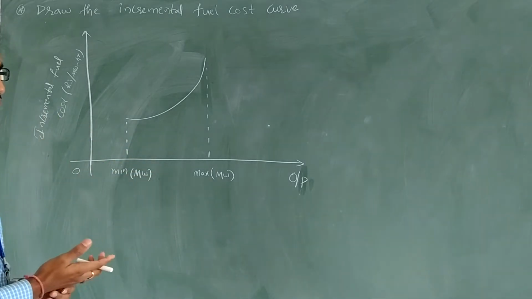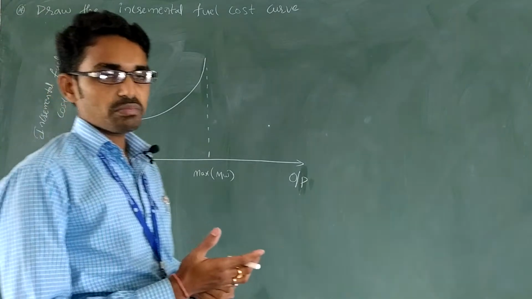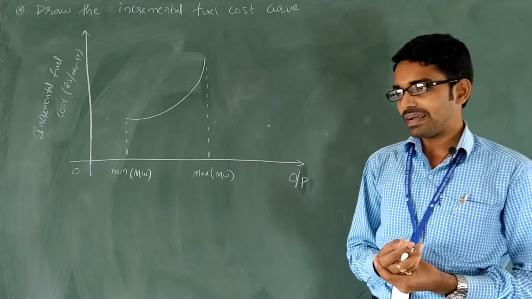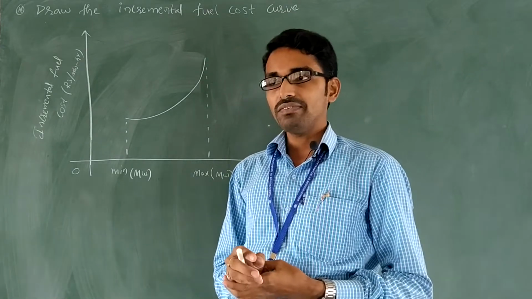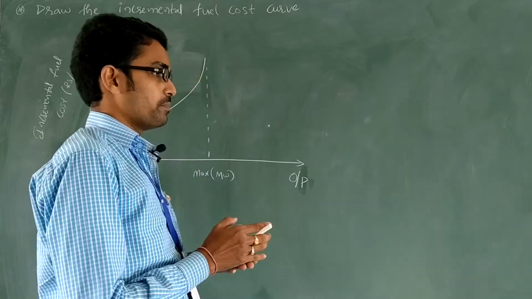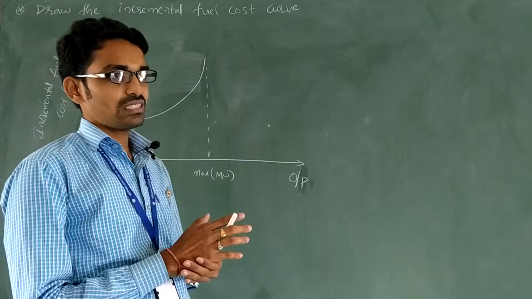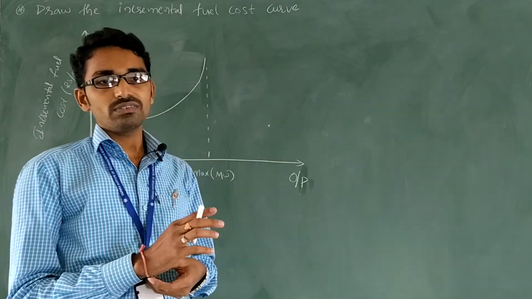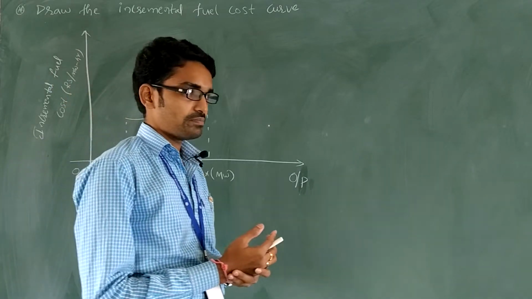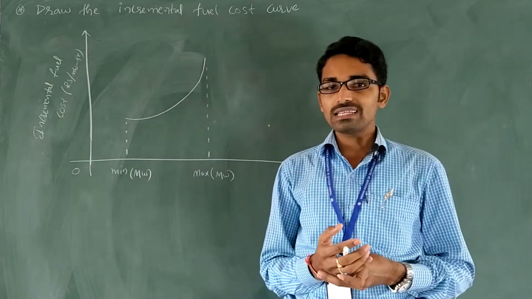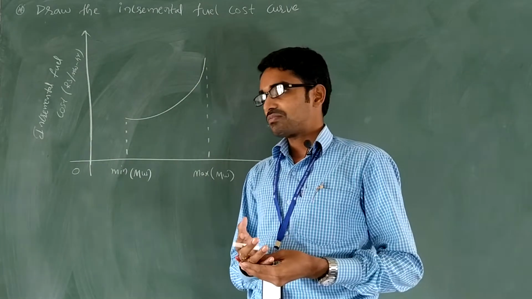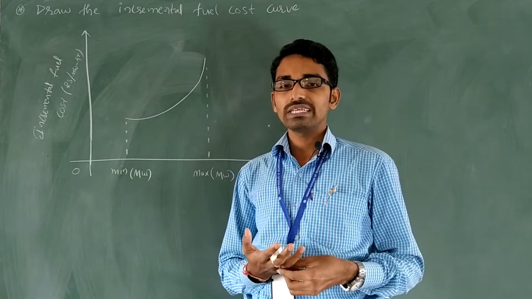So our input for the power generating station, if I consider any power generating station, there must be some input. If I consider the steam power plant, in that steam power plant we have coal as an input, that is considered as a fuel. In order to run the steam turbine, we need to have steam. That steam is going to be generated with the help of fuel. When you are supplying the coal as a fuel to the steam turbine, the coal is going to be burned, and that fuel is converted into steam.